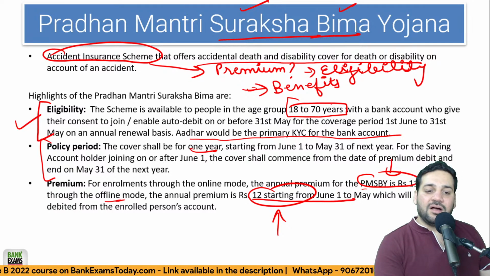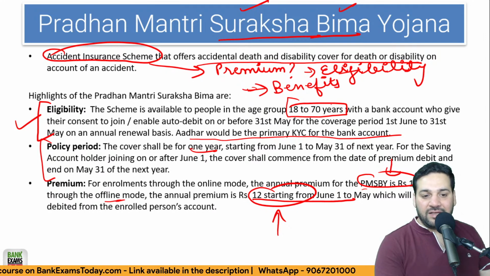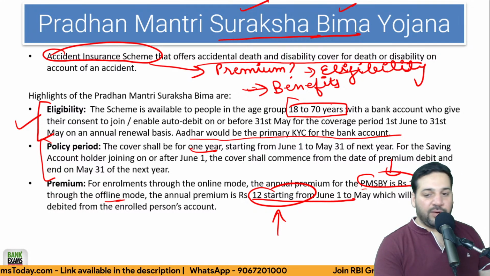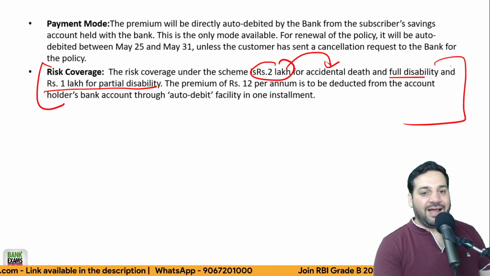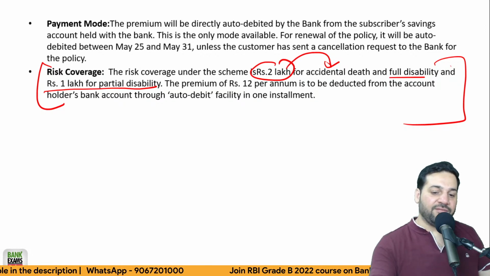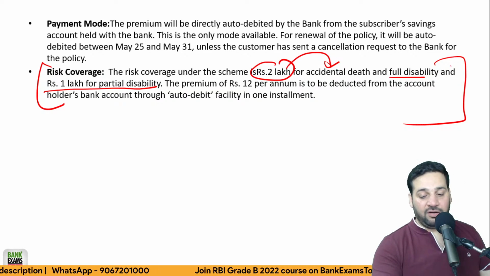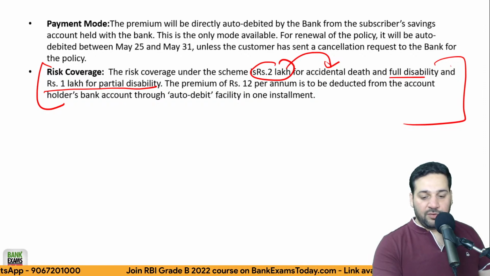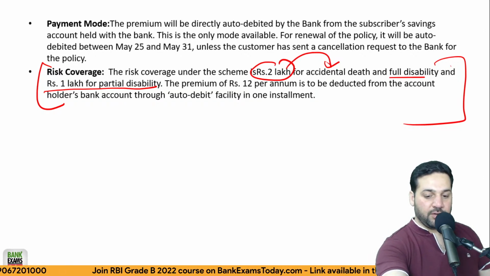Okay, the policy period is for 1 year. The premium is 11 rupees for online, 12 for offline payment, and the risk coverage is 1 lakh for partial disability and 2 lakh for the death or full disability. It should be or. Okay,